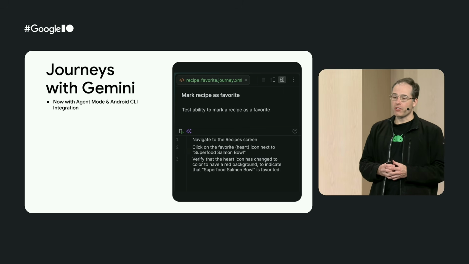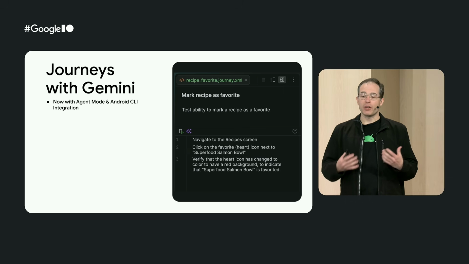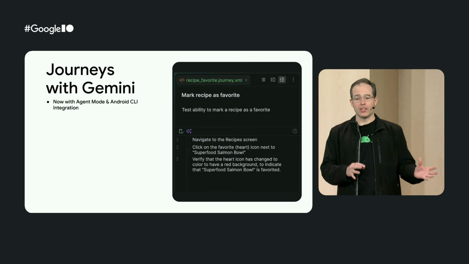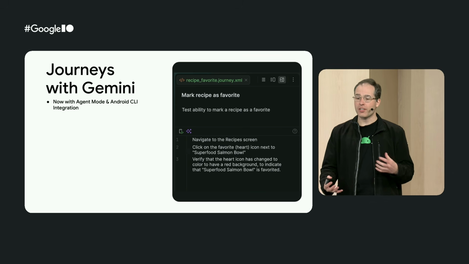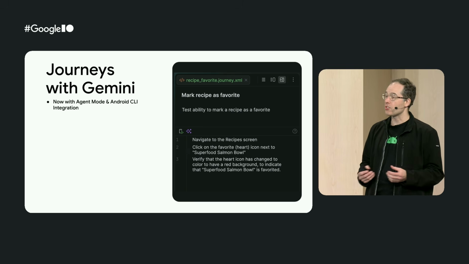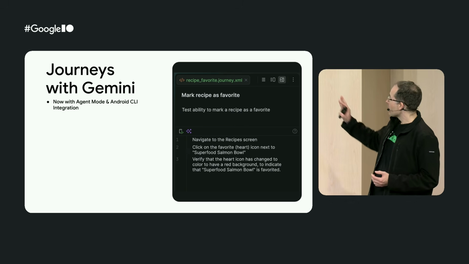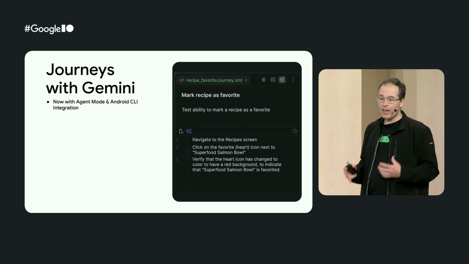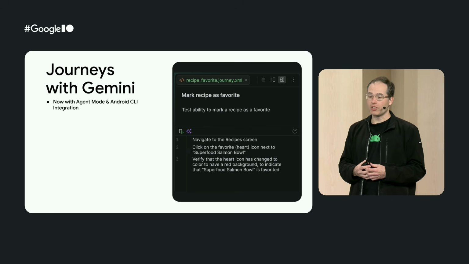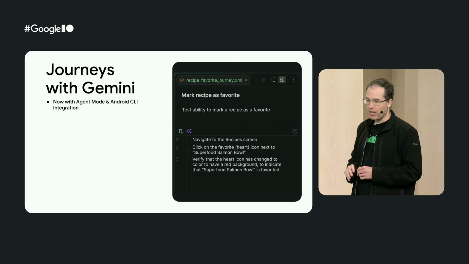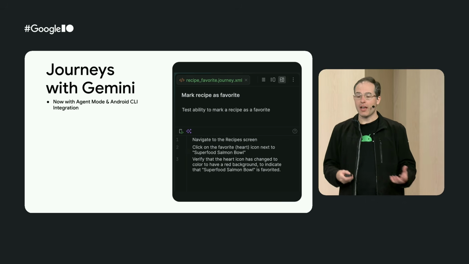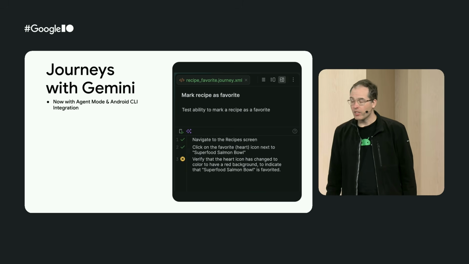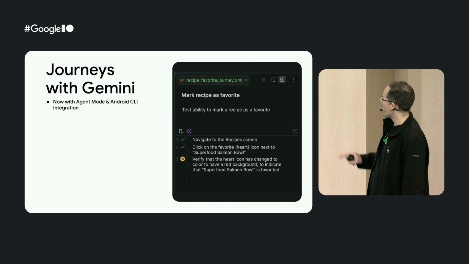We've been working on leveraging Gemini's multimodal capabilities to help write end-to-end tasks with journeys. This is a new feature that we launched last year to allow you to write UI tests that dynamically adapt to your application's changing UI. We have some journey tests that we've added to our application, and journeys allows Gemini to intelligently interact with our app in real time, following these steps to give you tests that dynamically adapt as your app's UI changes across time or across devices. So I'm going to go ahead and run this,